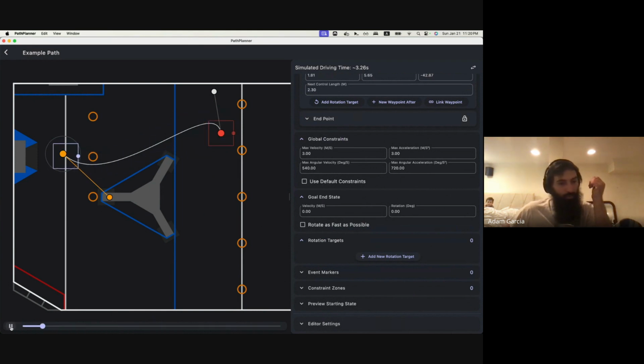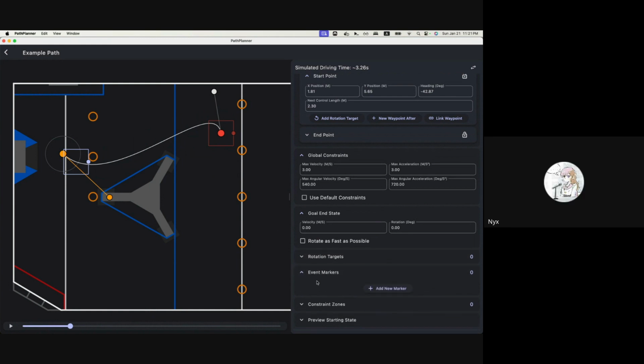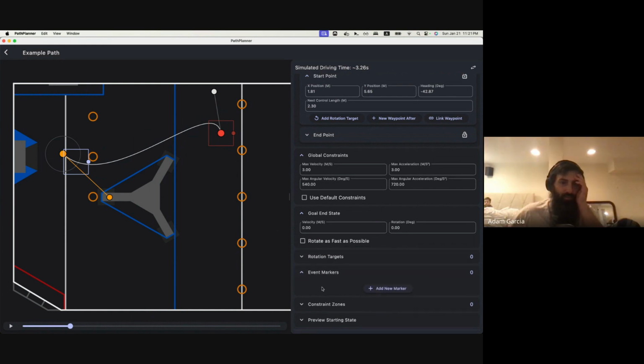Okay, what I was trying to get at is when you're over here and you want to, let's say, shoot the note, you don't actually want to move, but you want to just turn in place, right? That turning in place might be this rotation target. Does that make sense? Yeah. This event markers is actually very interesting